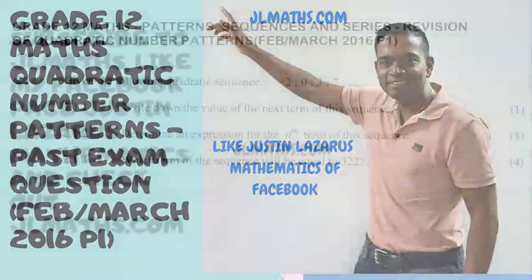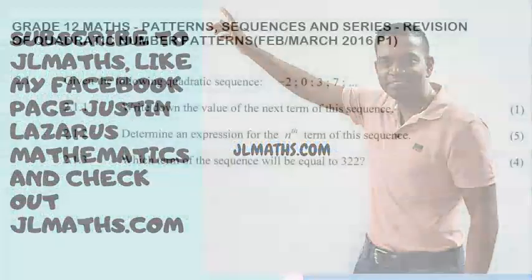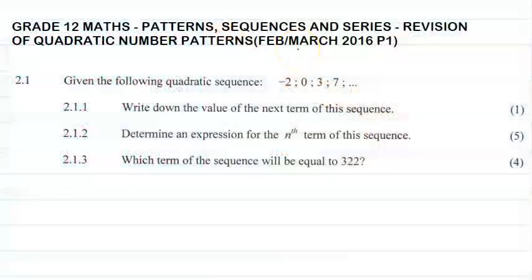In today's video lesson, we're going to be looking at grade 12 patterns, sequences and series, a revision of quadratic number patterns. The question that we are going to be looking at today appeared in the February-March 2016 examination, paper 1. And it reads as follows. It says, given the following quadratic sequence, -2, 0, 3 and 7, write down the value of the next term